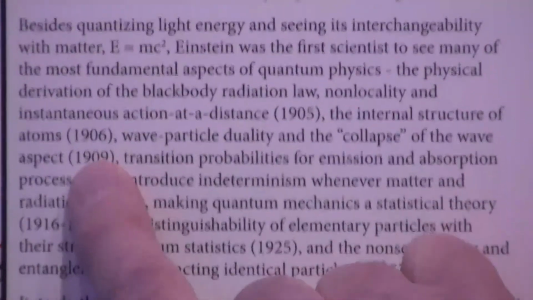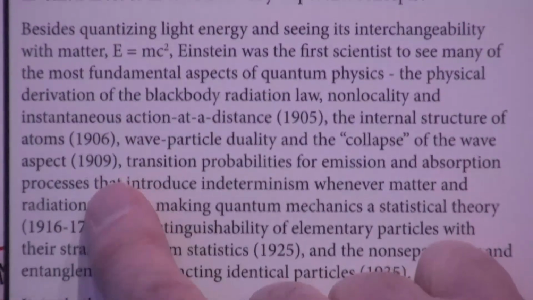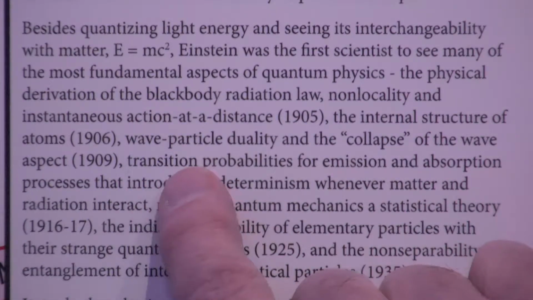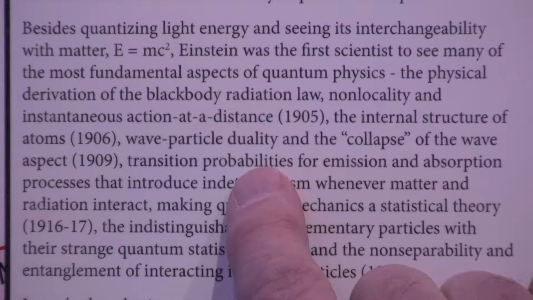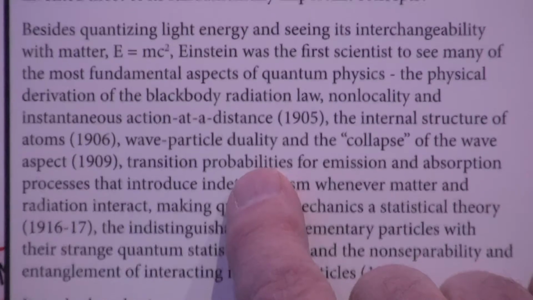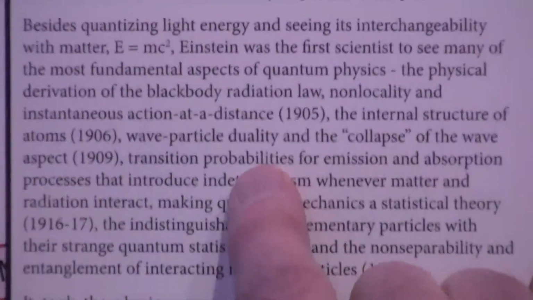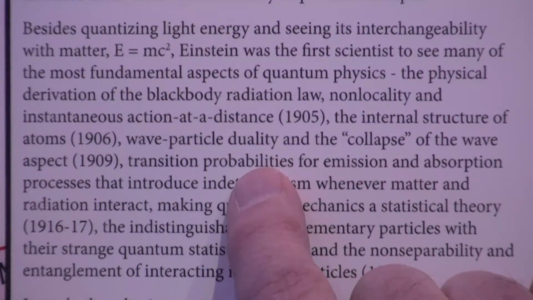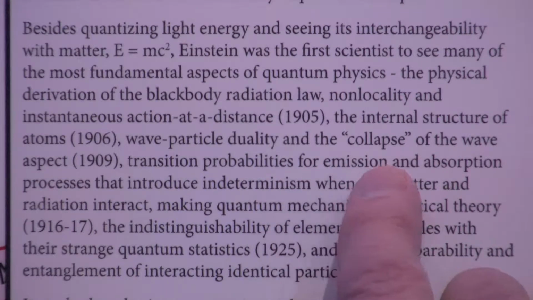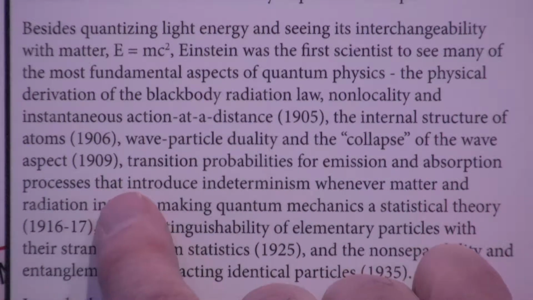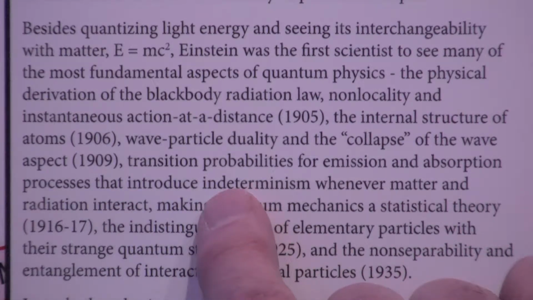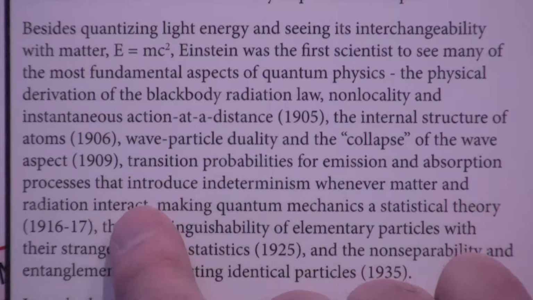Einstein in 1916 basically calculated the transition probabilities. One of the few times in quantum mechanics he got into the mathematics. He's famous for his great mathematics studies of relativity, but he did little mathematics in quantum mechanics, but he did calculate the probability for emission and absorption processes that are the source for indeterminism, because whenever matter and radiation interact,